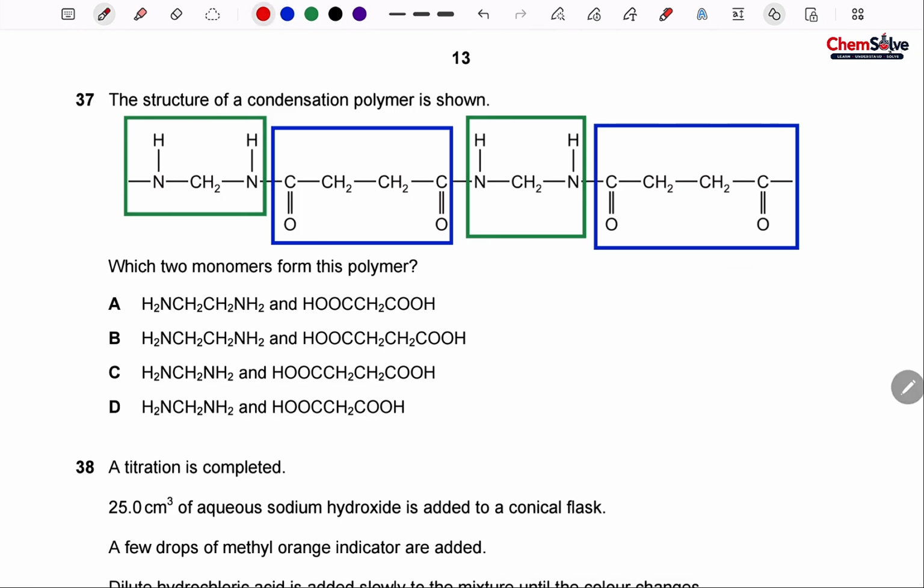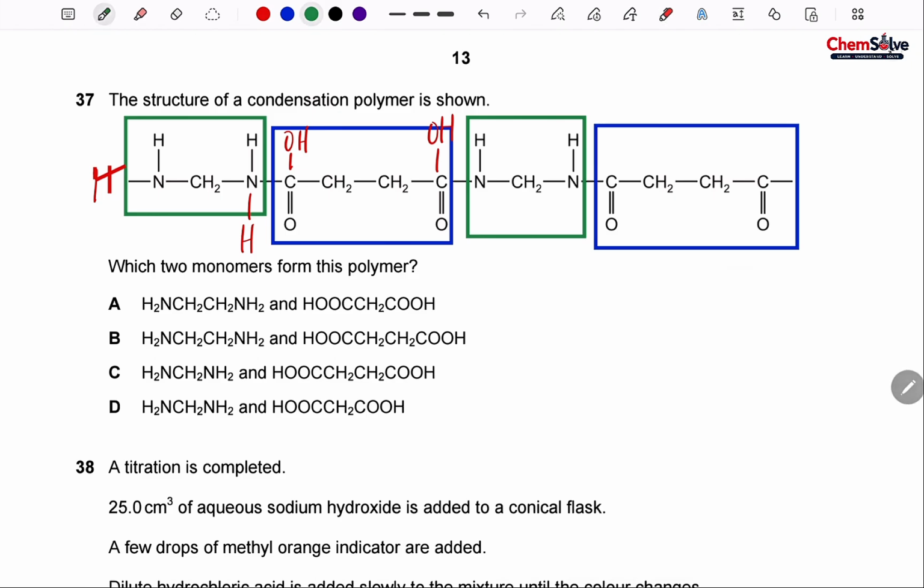Of course there would be an H here and H here, and there would be an OH here, which of course is being removed to form the water. So